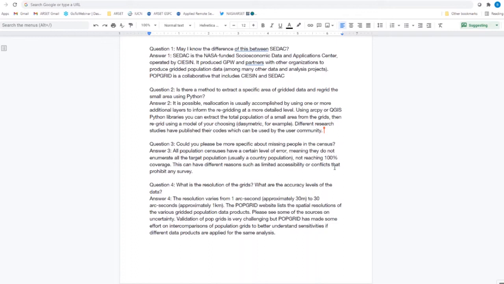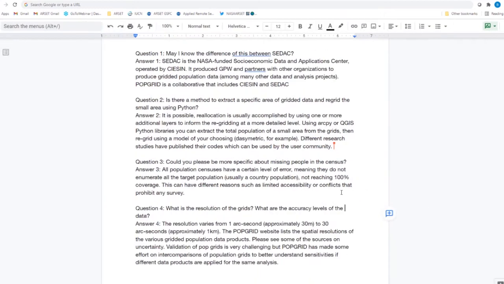And it's possible just inside of desktop GIS as well. The general approach would be to extract the population from the grid or grids for the polygons of interest, and then regrid at your chosen resolution by a simple, well, there's 2 methods to do it, but essentially the